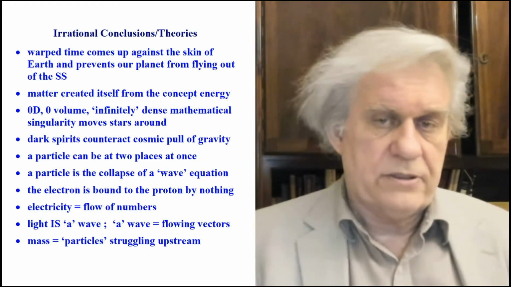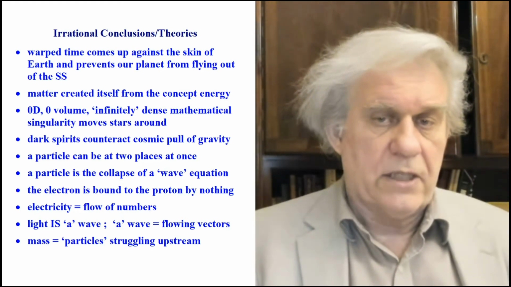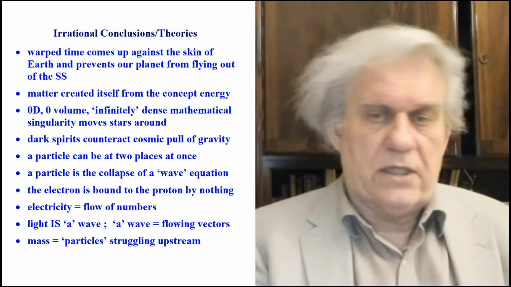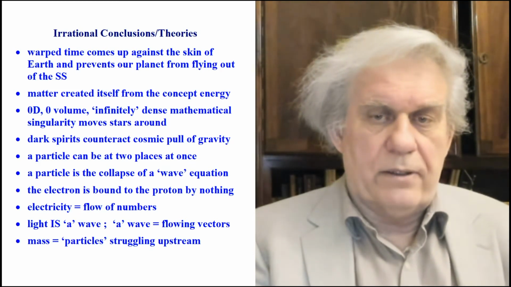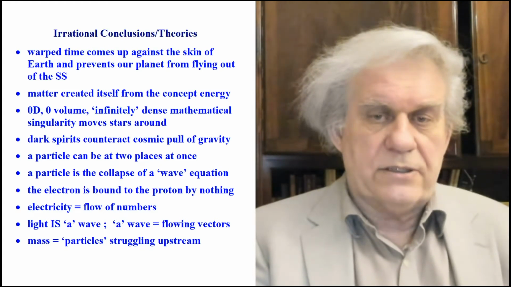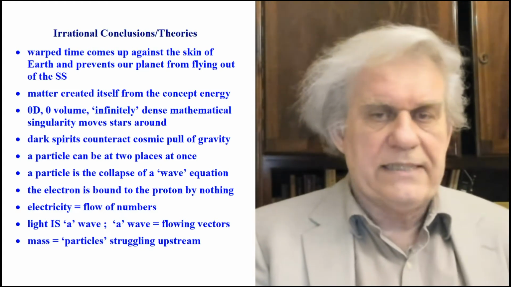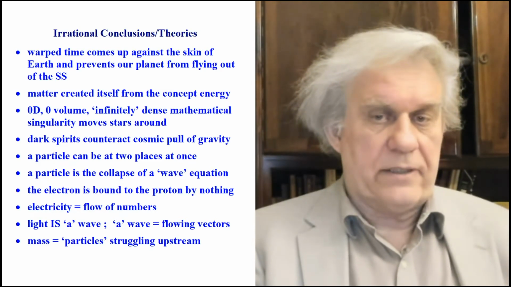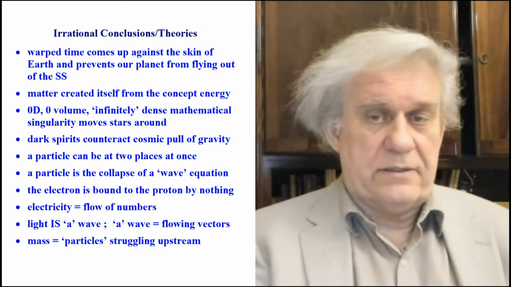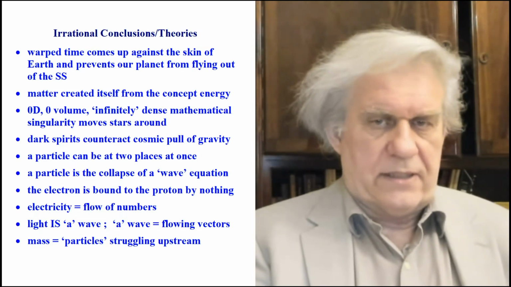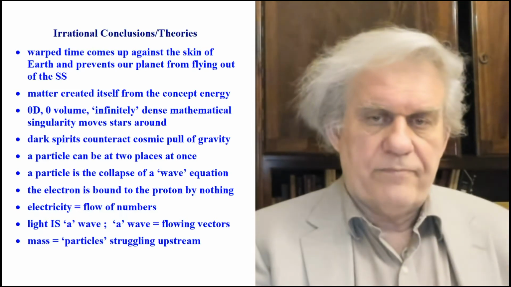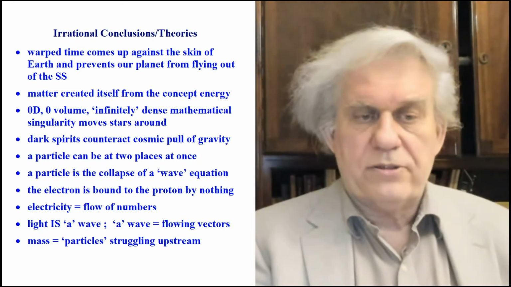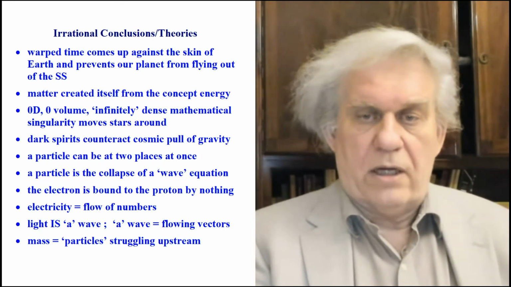Electricity, the flow of numbers. What is an electron? It's a bunch of numbers. It's a collapse of the wave function. That's what an electron is. As soon as you go and measure it, the wave function collapses. And what do we have? We have a number. That's what a wave function collapse is. Quantum mechanics does not propose corpuscles. It's called the particle theory, and when you look at the word particle, you get down to the nitty-gritty. Particle is a concept. It's a bunch of numbers, or actually one number. And so that's what electricity is, because it's the flow of electrons. Electrons are just numbers, charges. That's what they call them.